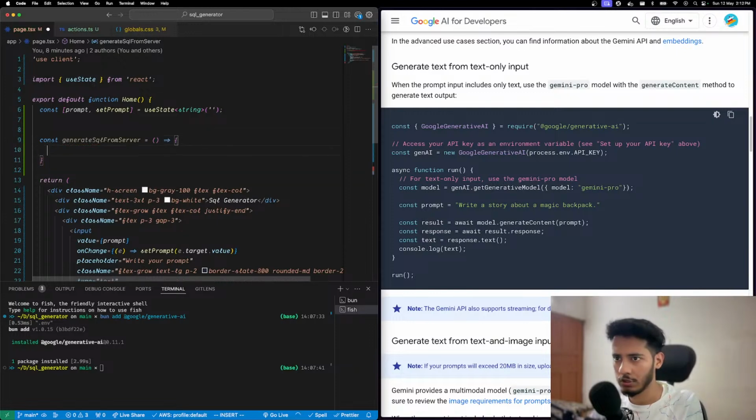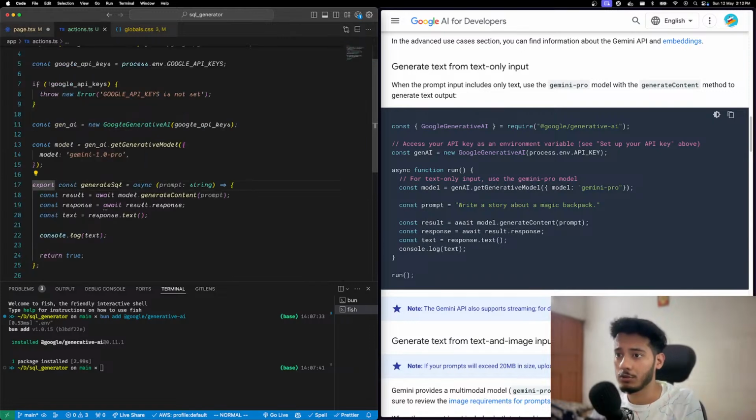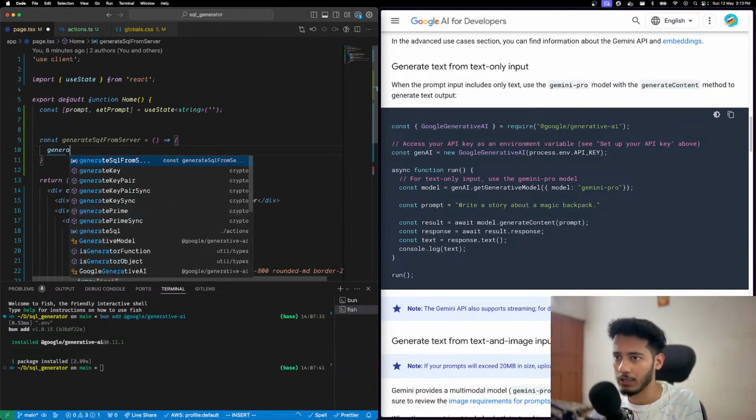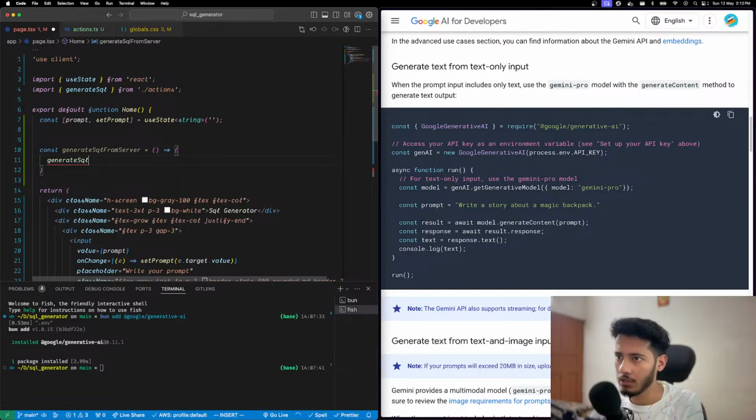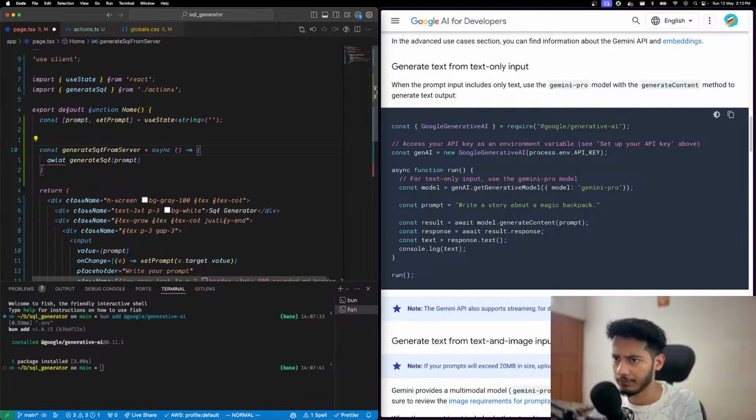That's a function, and then what we're going to do is call the function which is in the backend, which is this one, generate SQL. So we can directly call it generate SQL. If something doesn't make sense, please let me know in the comment section, okay? All of you guys who are watching. So that's the prompt, and we can make this an async function, and then we can make this await,